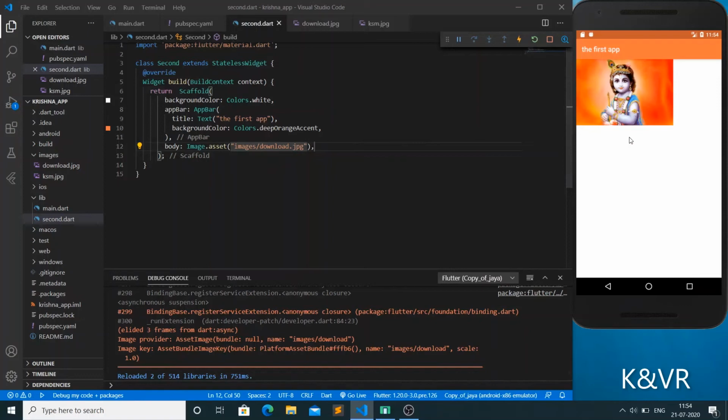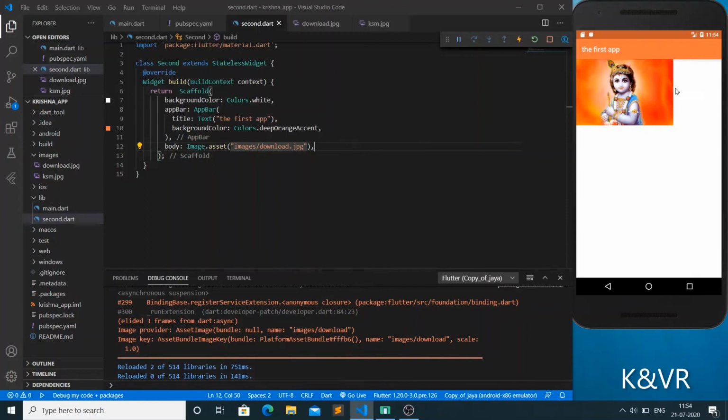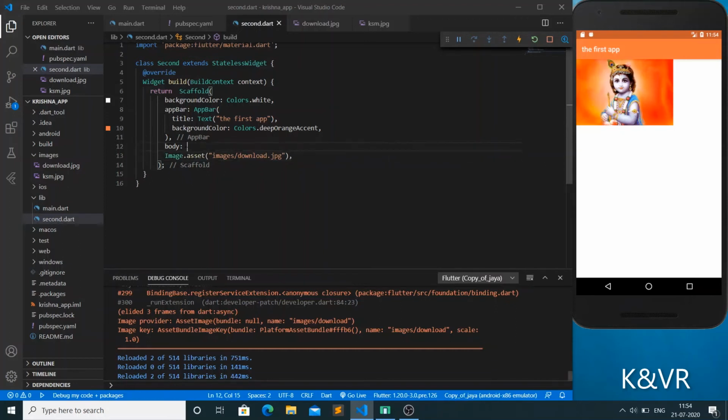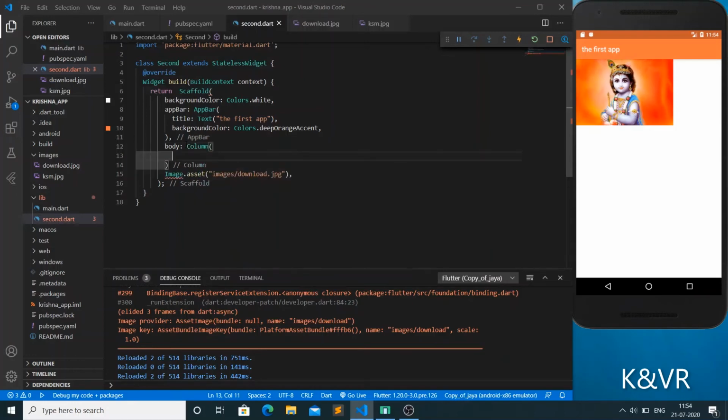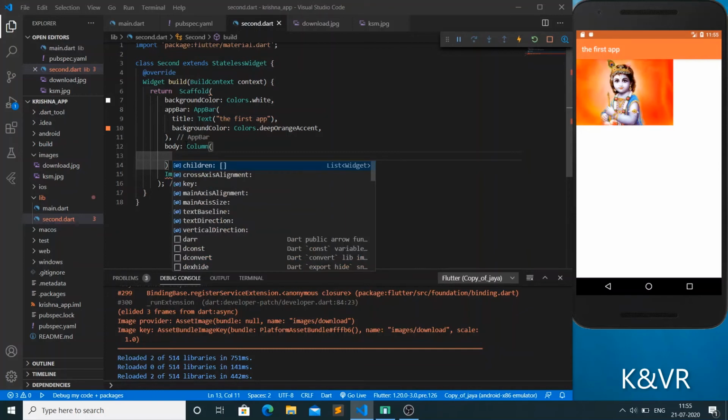We completed it. See, the image will come. Just do a hot reload. The image will come here. Let's see how simple it is. Now I am giving another image. It's not possible to give images one by one, so we are taking one Column here. In a Column we are giving different types of widgets, more widgets, so we give children.